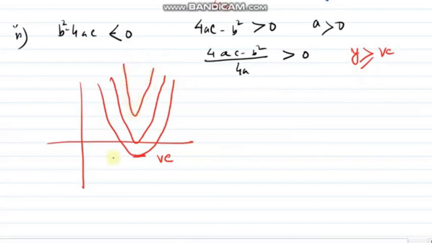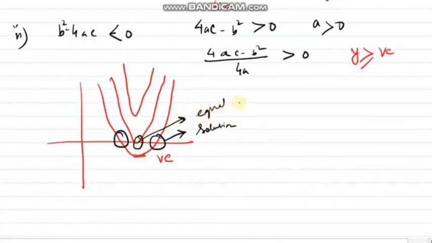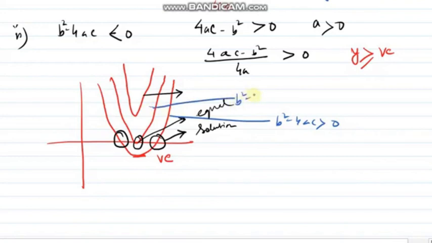So for the first case, the graph is hitting the x-axis at 2 points, and those two will be my solutions. Second case, it's coming here and it's returning from there. That's why you are getting equal roots, because the graph is taking a turn at that point. And in the third case, the graph is not hitting the x-axis, that's why the roots are imaginary. So if I separate the cases, this is the case where b square minus 4ac is greater than 0, this is the case where b square minus 4ac equals to 0, and this is the case where it is less than 0.